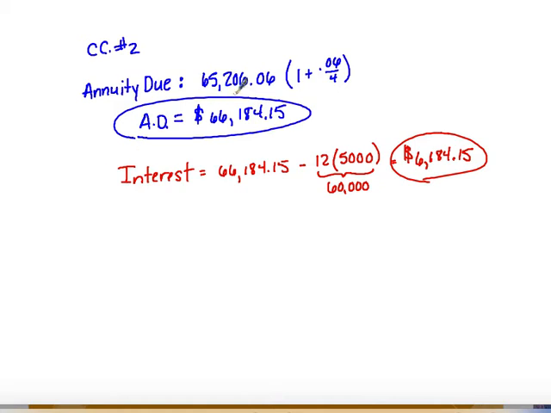For the second concept check, we're going to turn this into an annuity due. So we're going to start with that future value right here, and we're going to multiply one more period of interest through. That's going to take our annuity due to be $66,184.15. When I take out my $60,000 worth of deposits, that makes my interest be